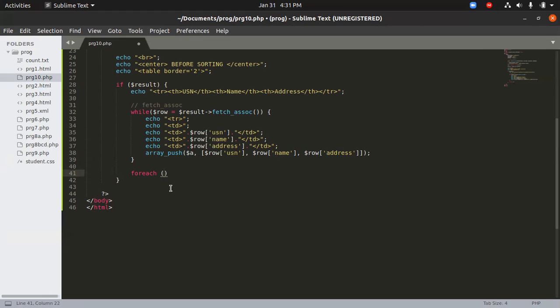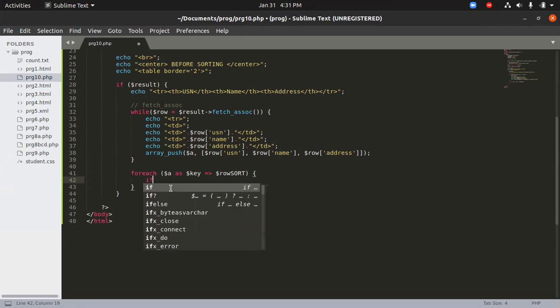So $a as key, we'll take it as a key, and then we'll do row sort. We have to replace the index field with 0. So how we do that is, let me show you.